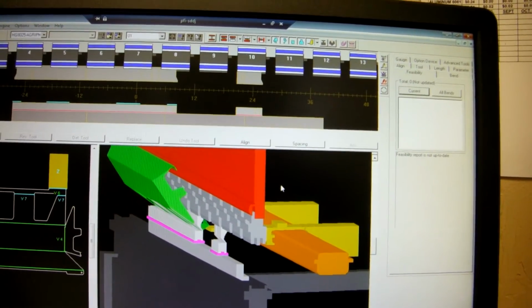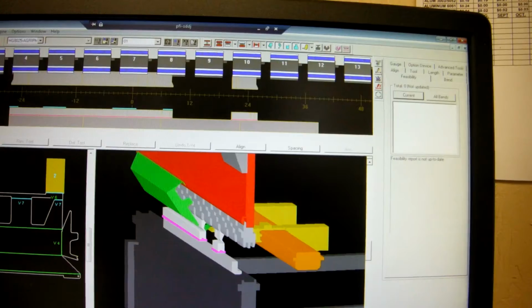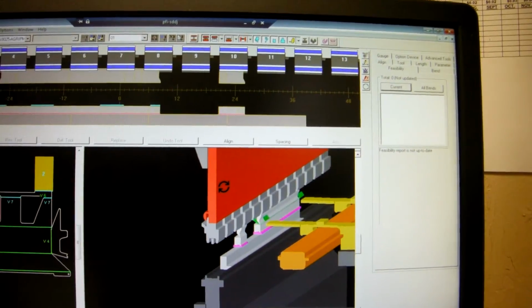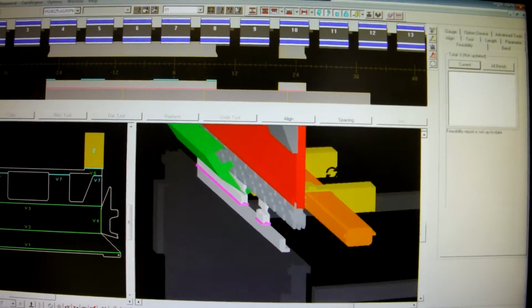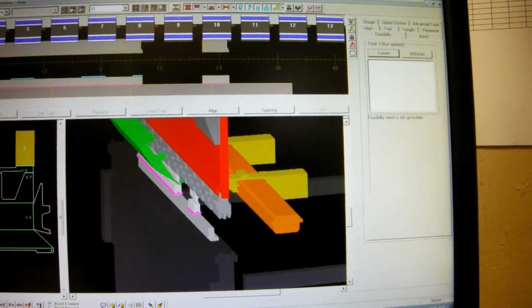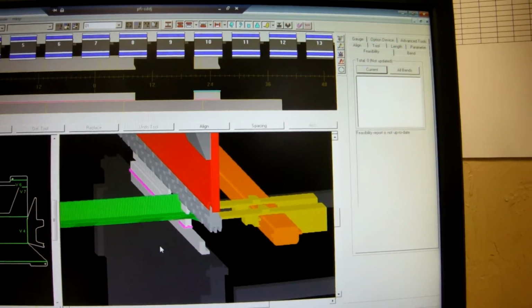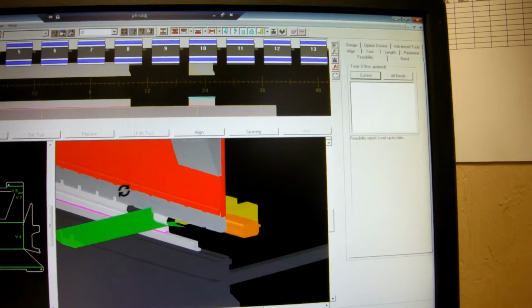And the guy making this program in the office and the guy out in the shop can take this graphics, he can turn it to make sure nothing's happening with this part when it's hitting. Now this part did have an issue. It was right here where it bends up the sides. It was hitting